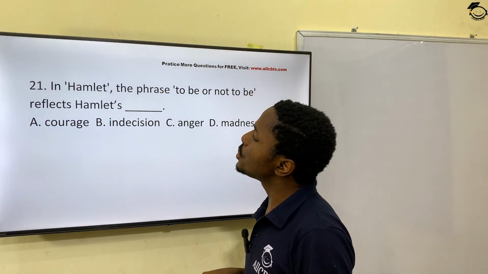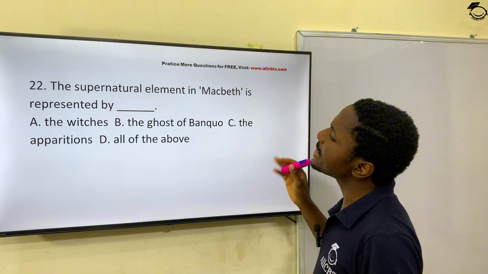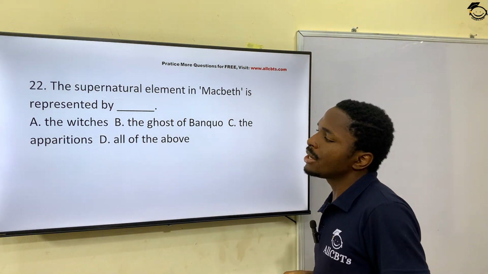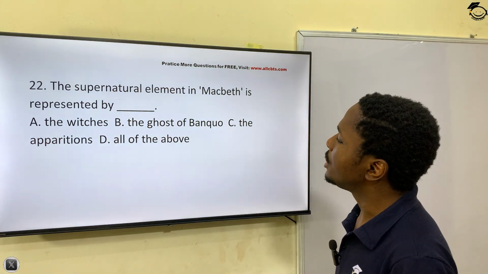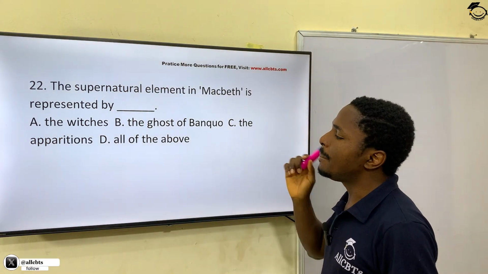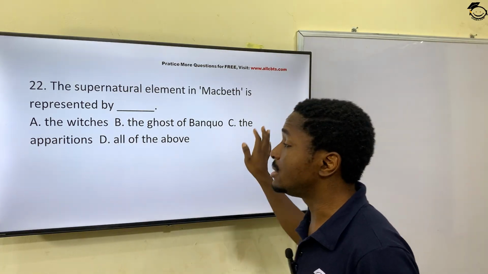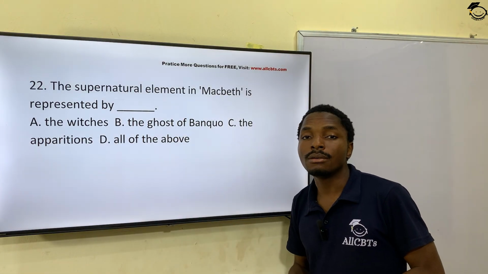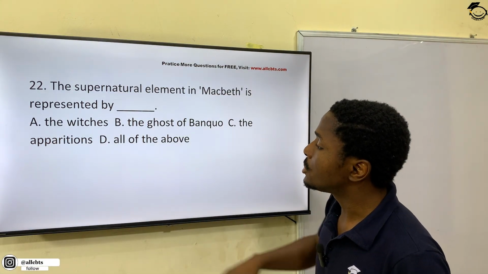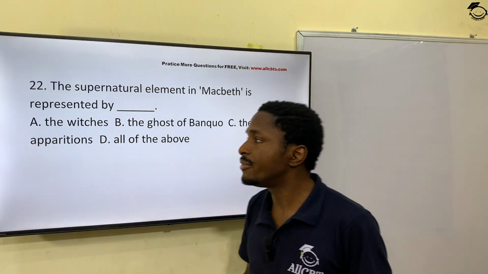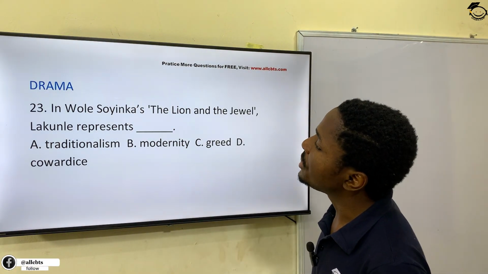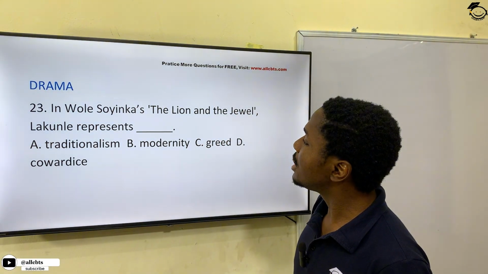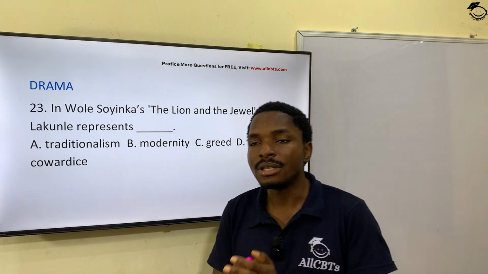Question 22 now. The supernatural elements in Macbeth are represented by dash: the witches, the ghost of Banquo, the apparitions. All of these had supernatural elements in that writing, Macbeth. So the correct option is all of the above. And 23. Okay, so we come to, I think, about the last section of this particular